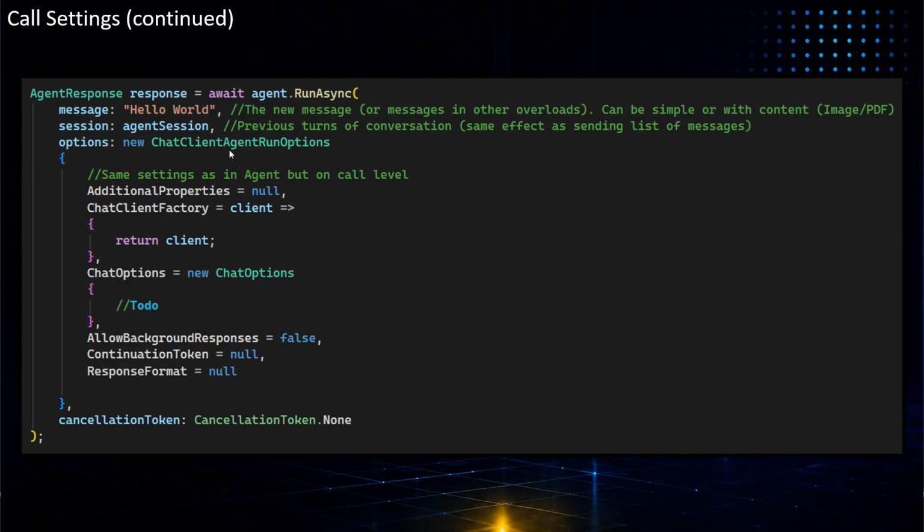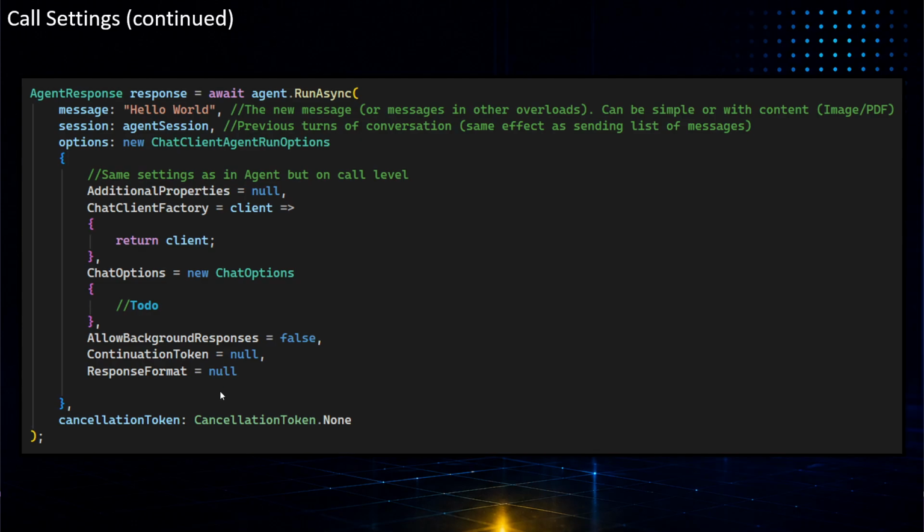And then we have the options, but luckily for us, all of these settings are exactly the same as what is on the agent. So if you define them on the agent, it means every single call will do it. But there could be scenarios where on a specific call, you don't want to use a specific setting, or you want to use a specific setting. So it is possible to, again, change the client, the chat options, the client factory, and they are put out because these make fairly much sense on the call itself, to allow the background responses and continuation token.